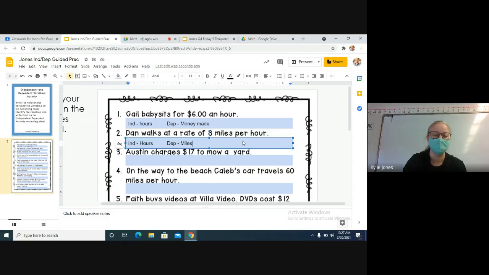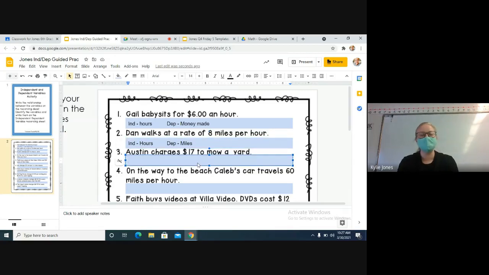Let's look at number 3. Austin charges $17 to mow a yard. So he can mow 1 yard. He can mow 10 yards. He can mow 4 yards. So what is changing? What's our independent variable? How many yards he mows. So the number of yards